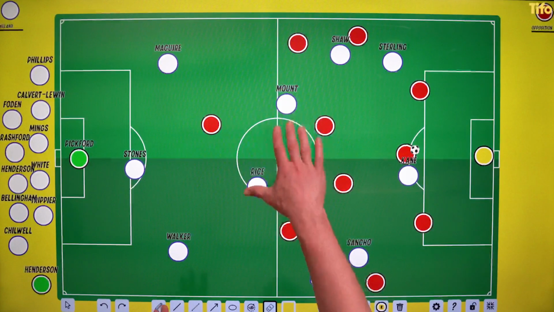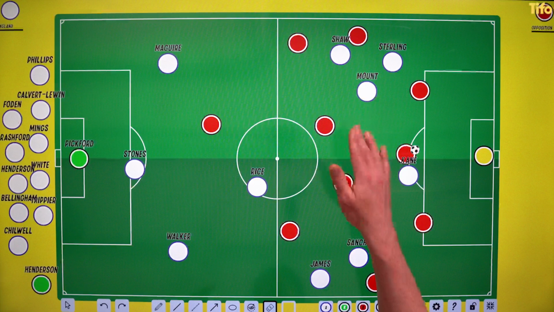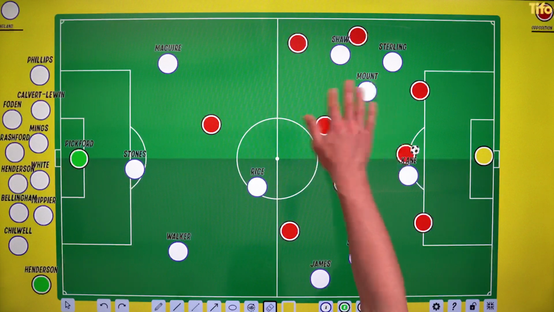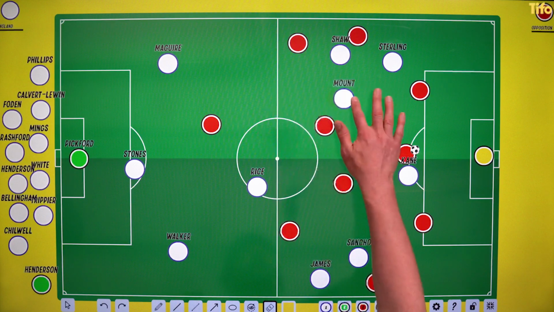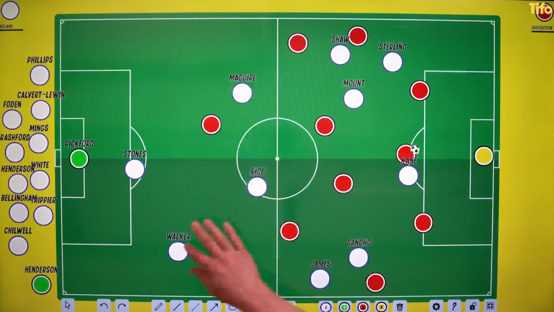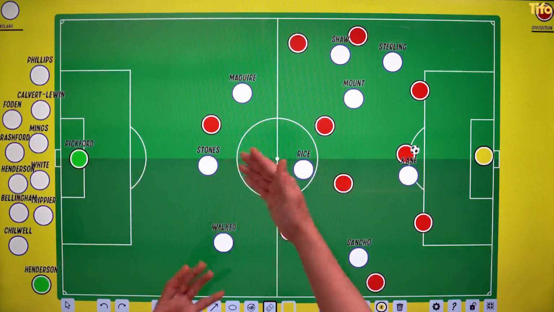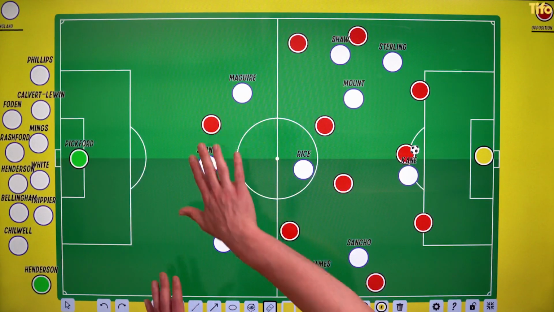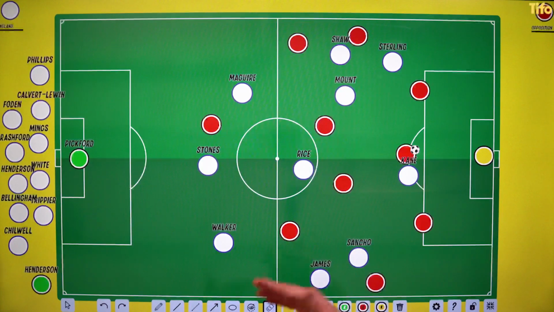If he's in a two-man pivot here with Declan Rice, he's going to be expected to get forward into these dangerous positions, but at the same time, he's going to have a greater degree of defensive responsibility. That can slightly be mitigated by Maguire stepping up. And again, the comfort blanket of having a back three might allow England to play a slightly higher line and take some of the pressure off Mount, but he's still going to need to do a fair bit.